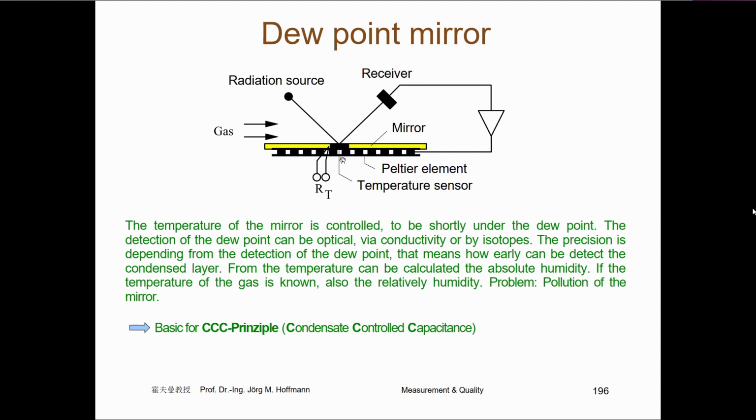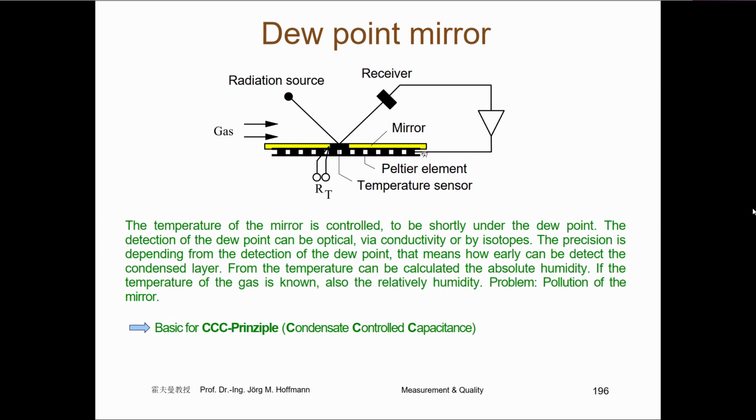And to determine the point when the water is going out of the gas: when you have 100% humidity in the air or in the gas and you make it colder, then you have water on the surface. And therefore, to determine exactly this point,